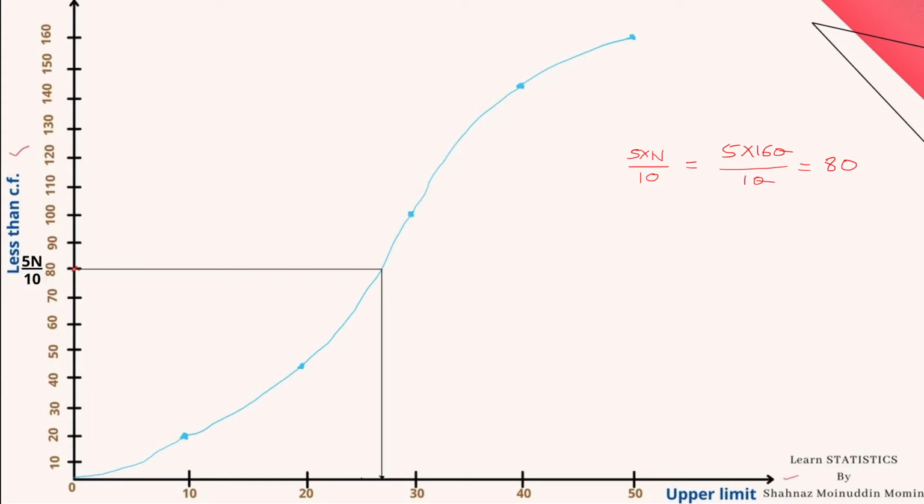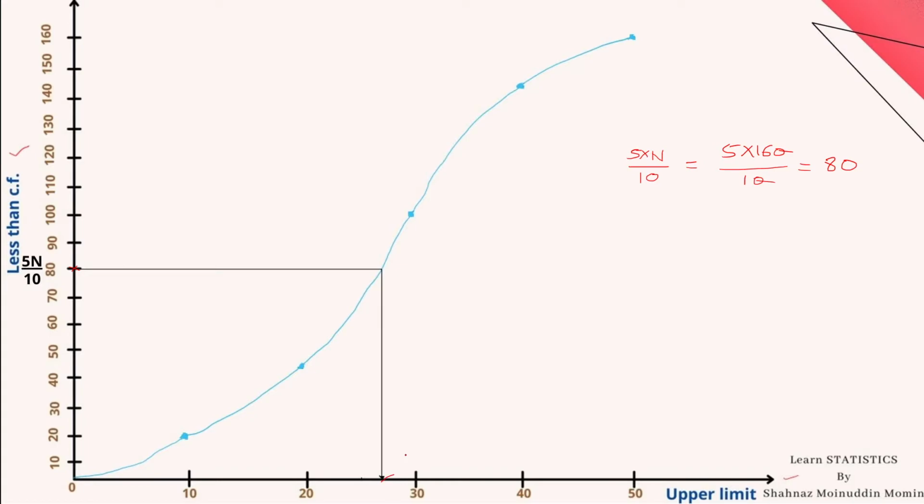By pointing this point, draw a parallel line along the x-axis to meet the less than ogive curve. From that point, drop a perpendicular on the x-axis to obtain the value of the fifth decile. After dropping a perpendicular on the x-axis, read the x-coordinate of that foot of the perpendicular, and here in this